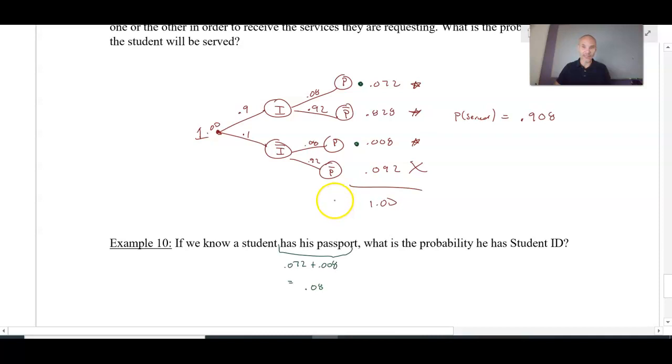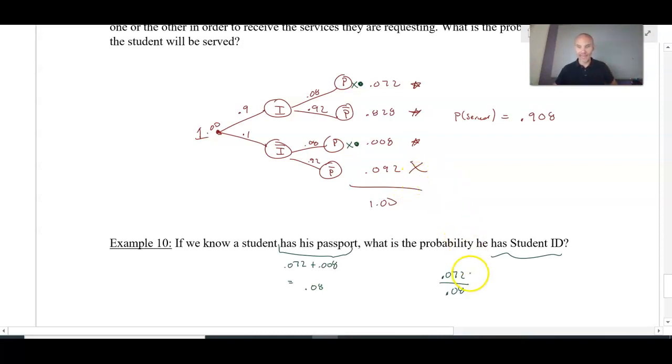Well, that's not a surprise, right? Because we already knew that 8% of students have their passport. But out of those students, given that we know that a student is part of that 8%, what is the probability they have a student ID? Well, out of those 0.08 who have their passport, which ones have their student ID? Well, these ones don't, right? They only have a passport. But these 0.072 also have their ID with them. So 0.072 of students out of 0.08 of students with passports